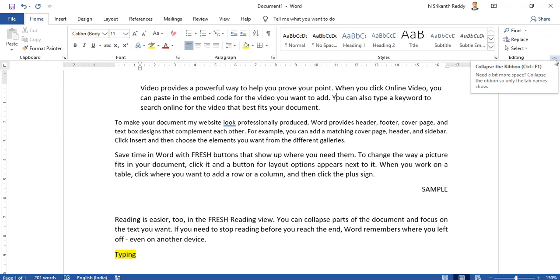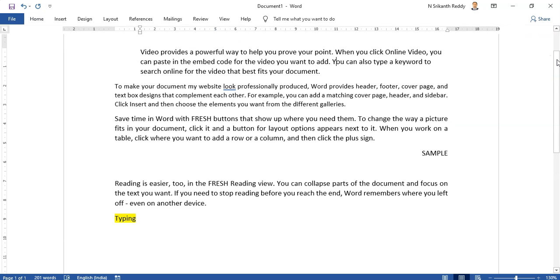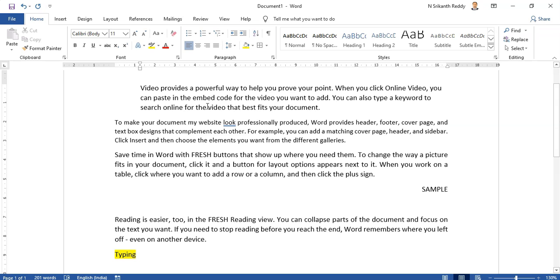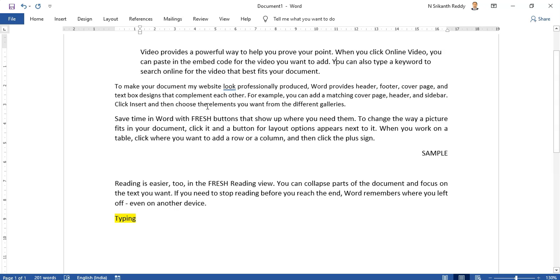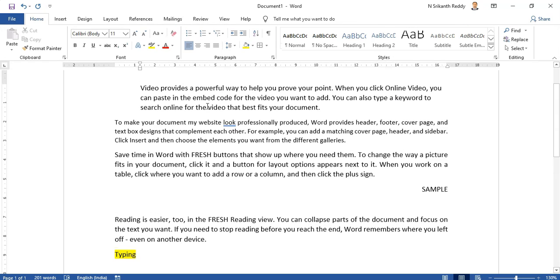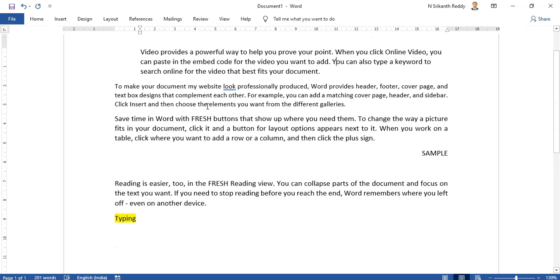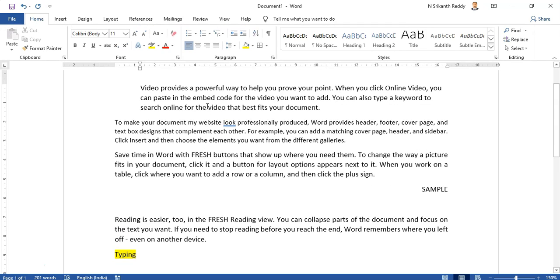Also, it can be accessed through a shortcut key called Control F1. So Control F1 is toggling between collapsing and uncollapsing the ribbon so that you get more space for your work area. Okay, so that is Control F1.